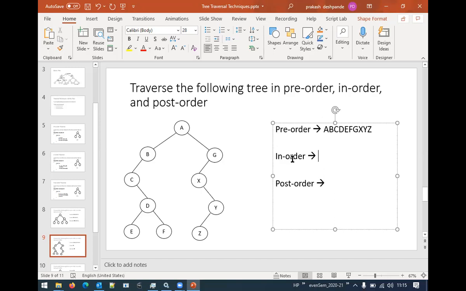Understood? Now after B, left is done, the middle is done, then right. Is there anything on the right? No. So go one level above. When we go one level above, for A, what is B? Left. So now we did all the left nodes of A. Next what? A. So after B, we get here A. Okay. Now we need to go on the right side. So we arrive at the right side.